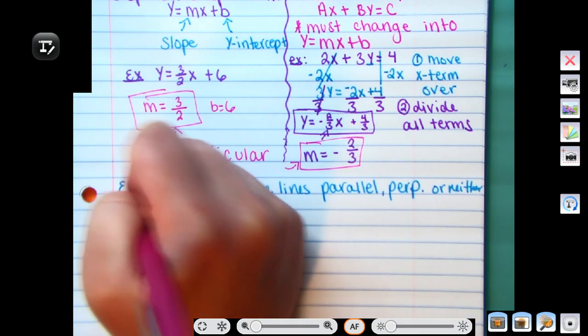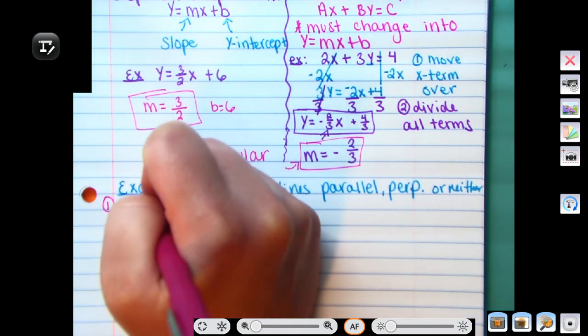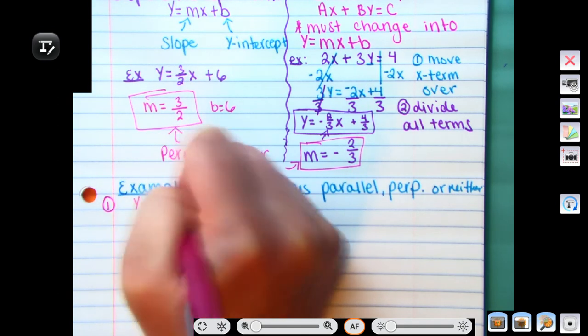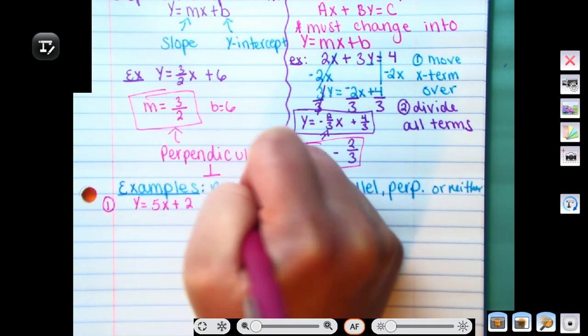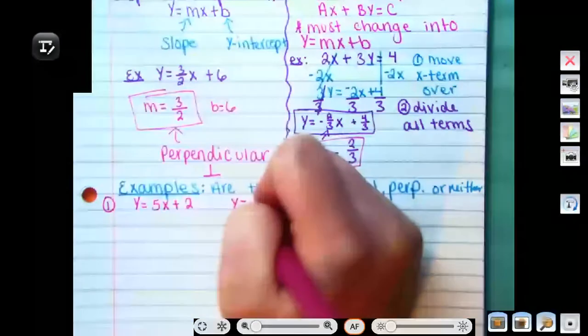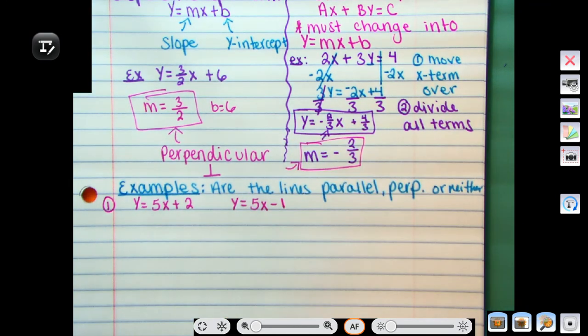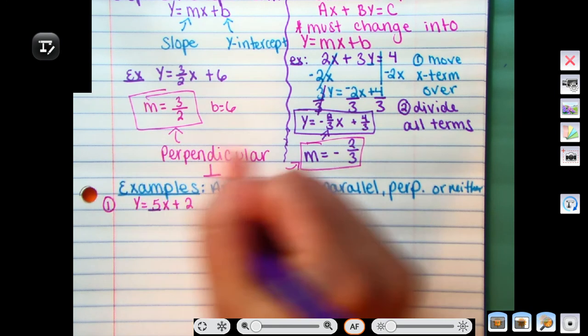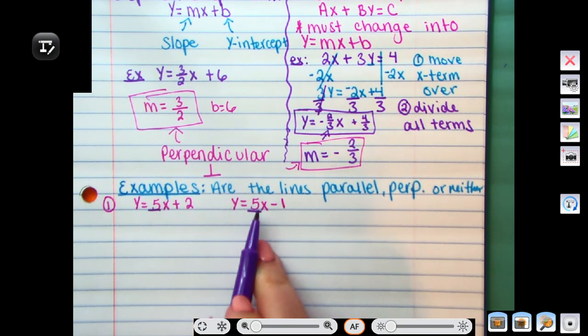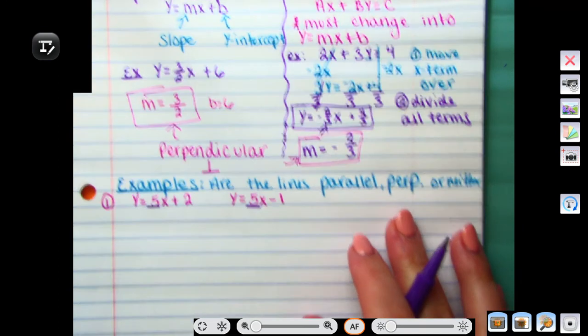So if I have y equals 5x plus 2 and y equals 5x minus 1, I'm only looking at the slope, which is the number that is with x. So my coefficient of x is my slope. And if I look at both of them, I see that